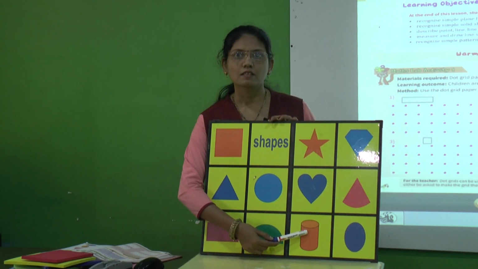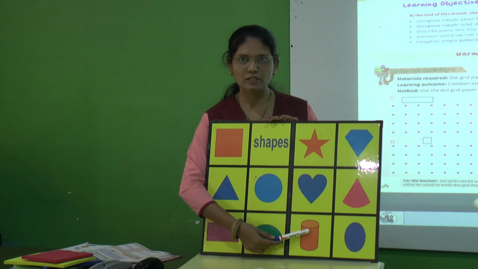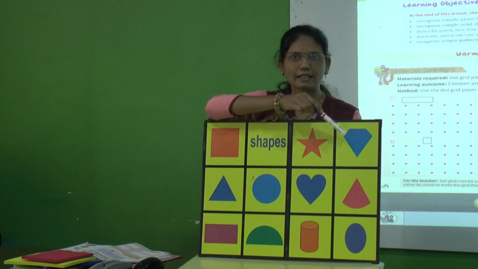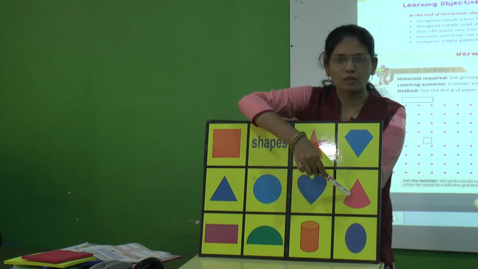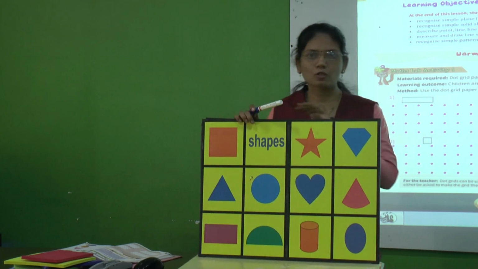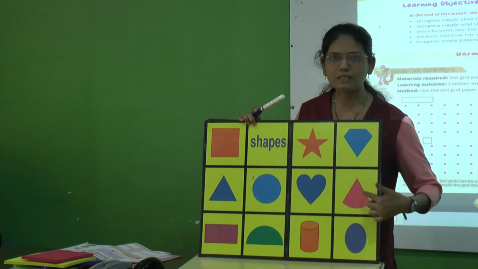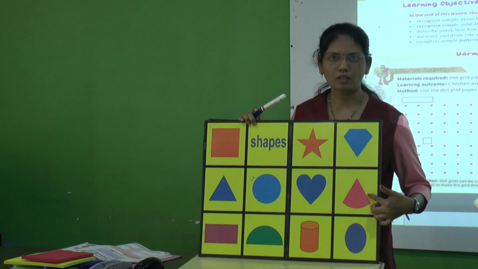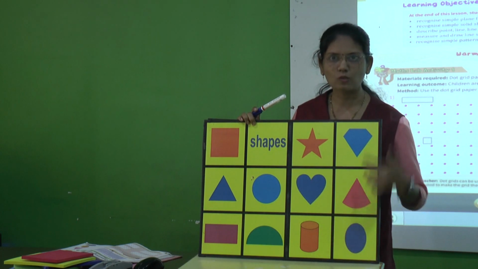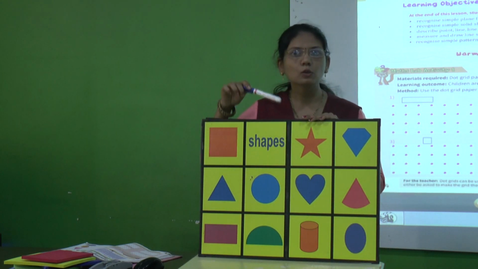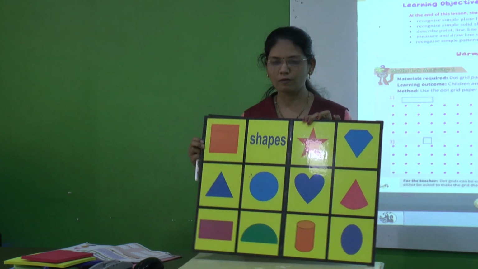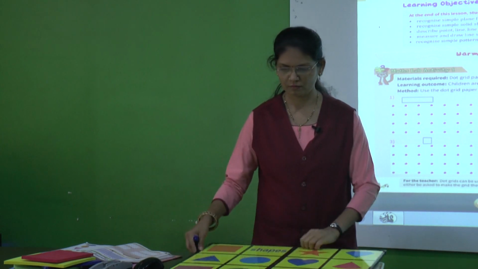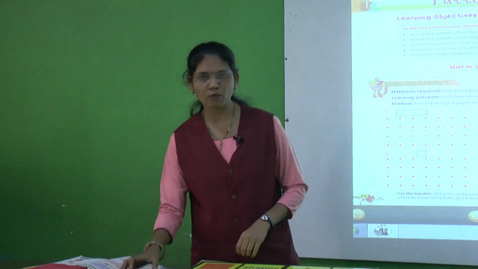This is, yes, a cylinder. It is not actually a 2D shape, it is a 3D shape that we will see later on. This is a pentagon. This is a cone, and this is an oval. So leaving these two shapes, the cylinder and the cone, which are 3D shapes, all the remaining are 2D shapes, and those shapes we will see today one by one. I will show you one by one.